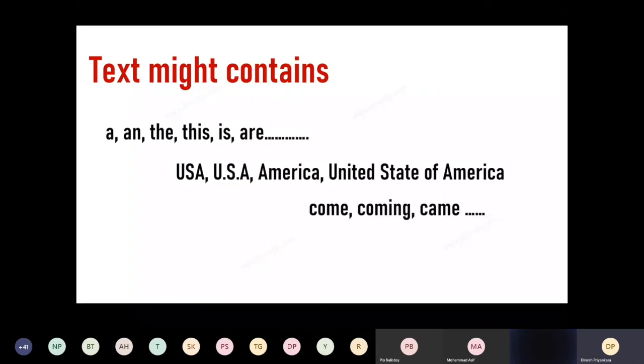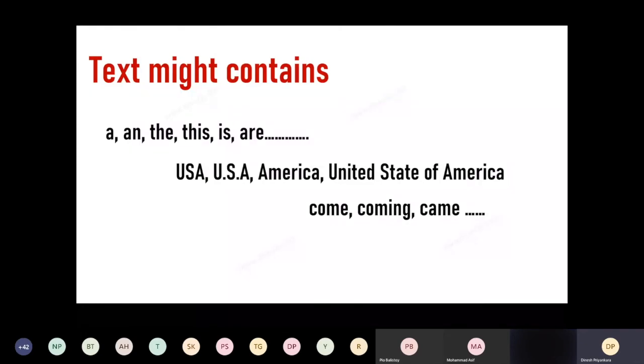And we cannot make sure that every sentence or document has the root word of the verb. So you might be seeing various ways of describing things. For example, if you think about the verb come, you'll see different words related to come, like coming, came, different ways of using it.